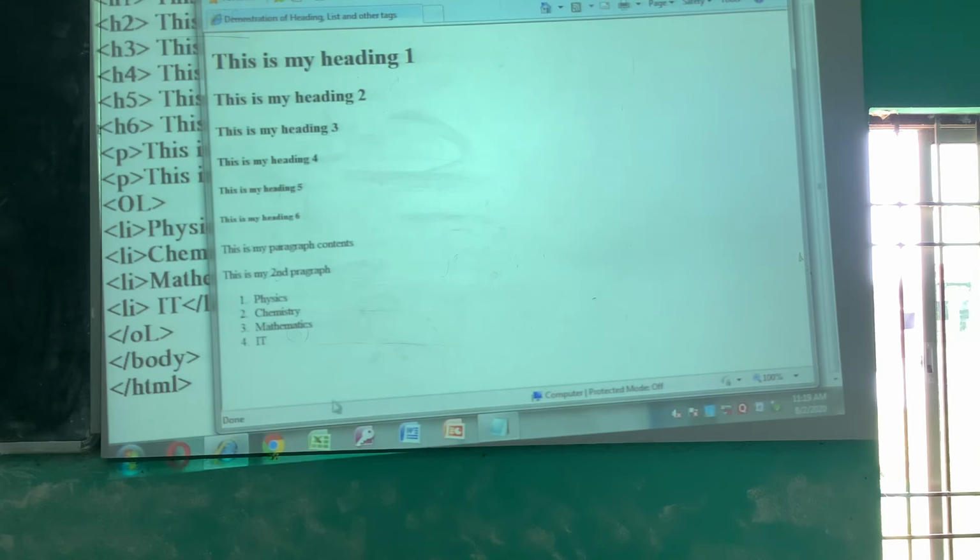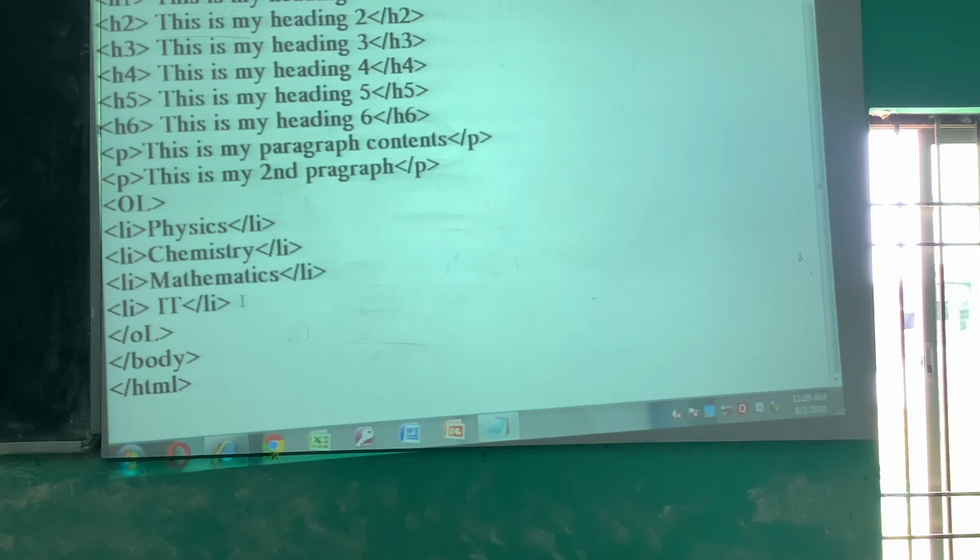See, so the items are seen in number formats 1, 2, 3, 4, 5. If you add another one, let another item be English, then it will automatically show as number 5.